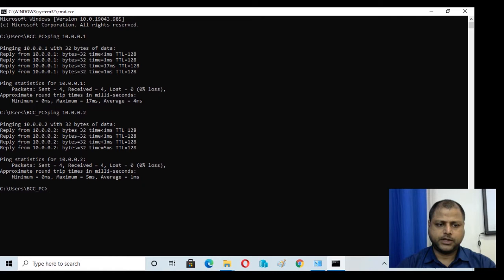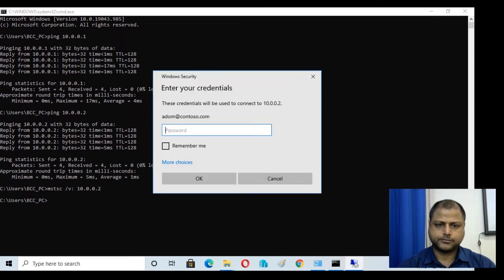So now we'll take the remote connection of the cloud system, that is 10.0.0.2, and it is asking for the credential.